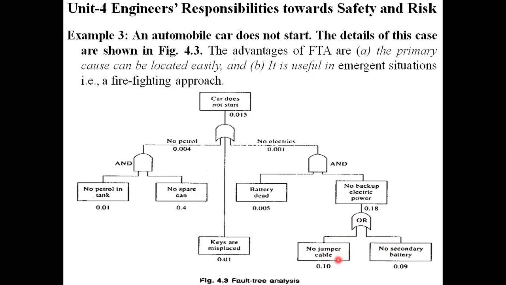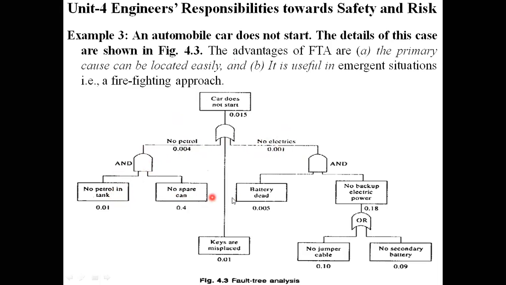Two points are given here: no jumper cable, and no secondary battery. The no jumper cable probability is 0.10, and the no secondary battery probability is 0.09. Like that, we need to accommodate each and every level. The initial level is given with respect to the OR logic, with two sides: the first side is no petrol and the second side is no electrics. And the no petrol side is again divided into